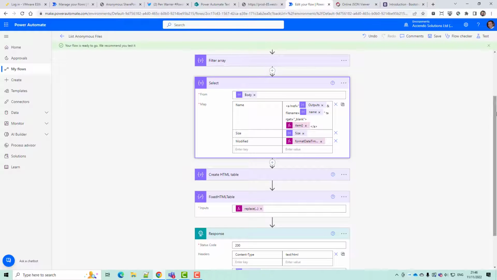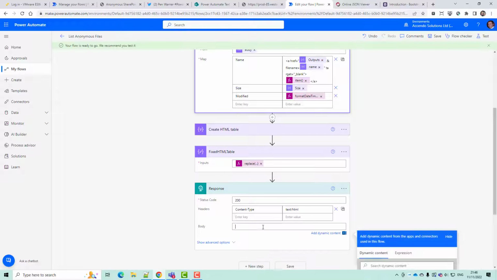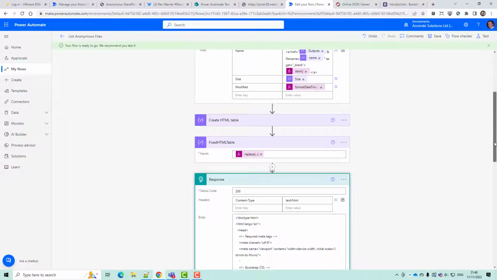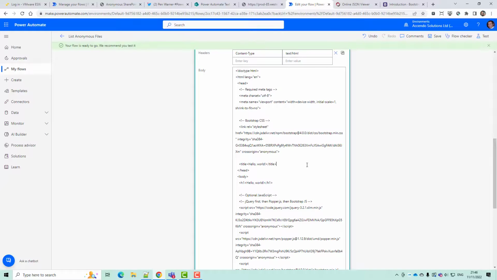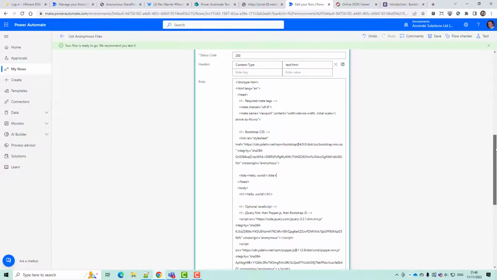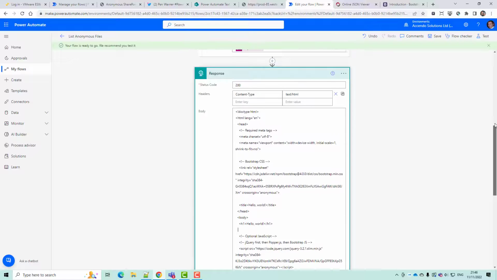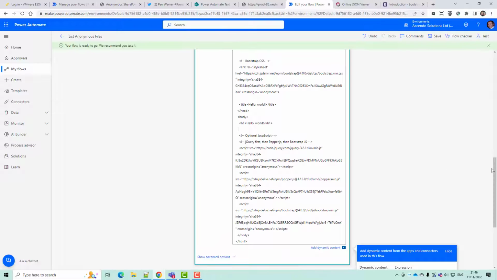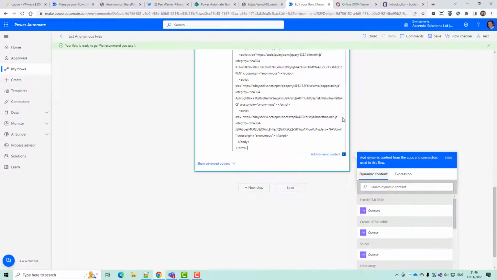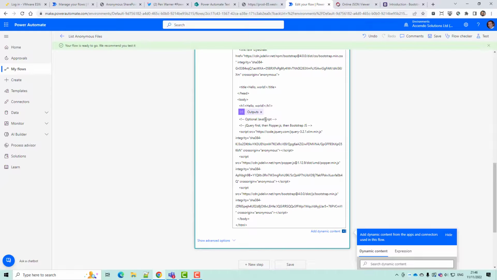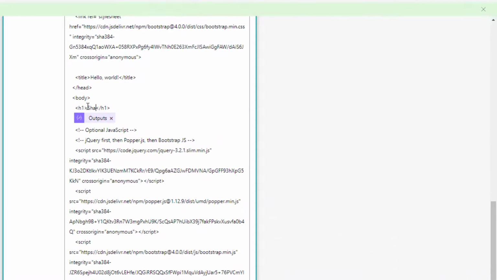And I'm going to go back to edit my flow. Instead of that outputs there, I'm going to paste that in. And yeah, that's okay. So I'm now going to put the output from my table here in the middle of the page here after the heading where it says Hello World, and we'll change this to say SharePoint